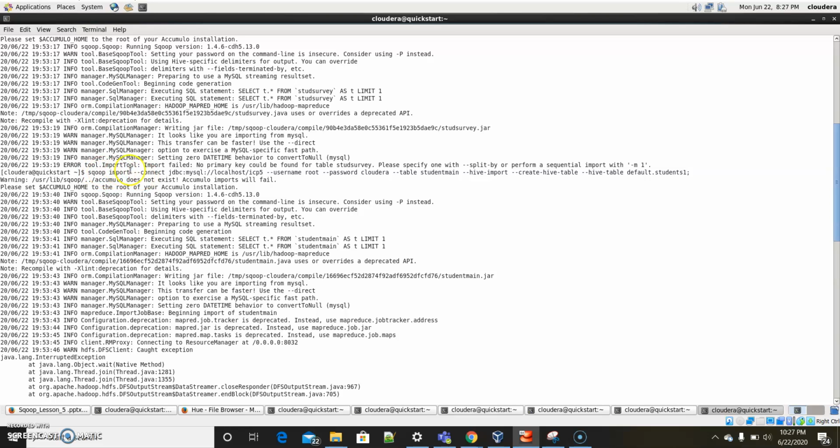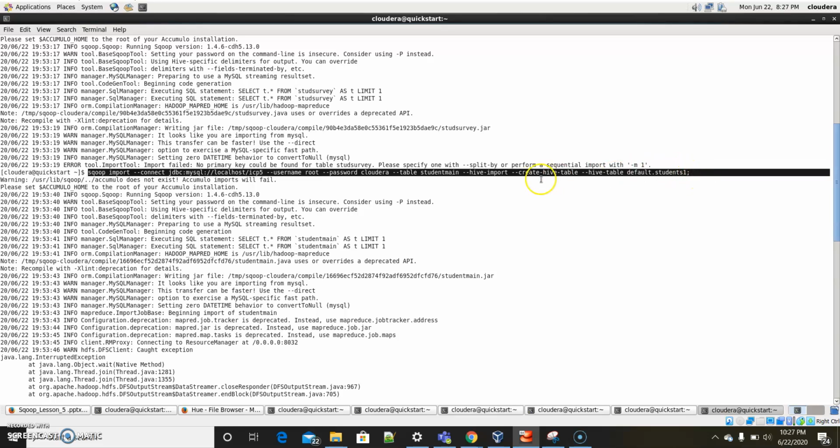This is the import command I have used. I have entered some values in that, like 3 records, and then I am importing the student main into a Hive table.